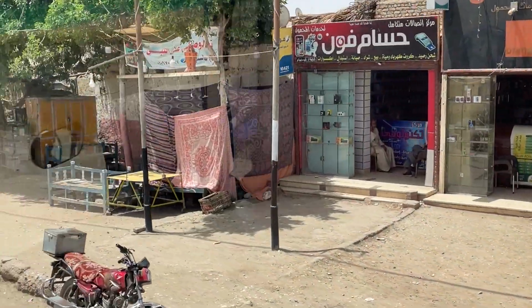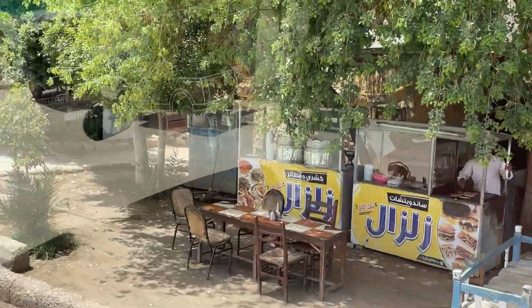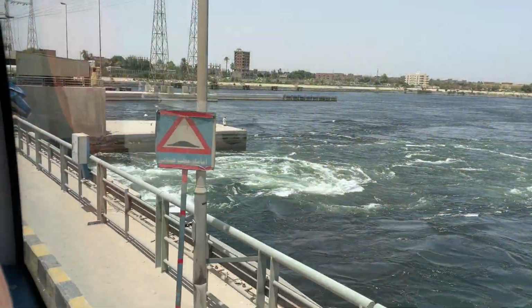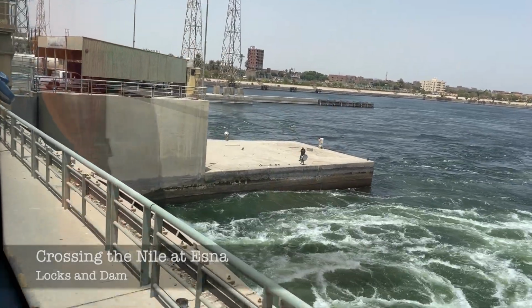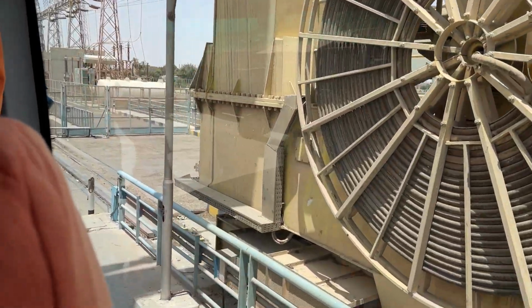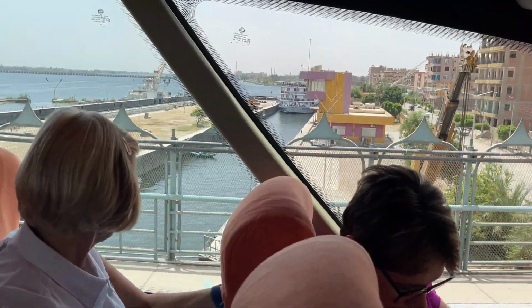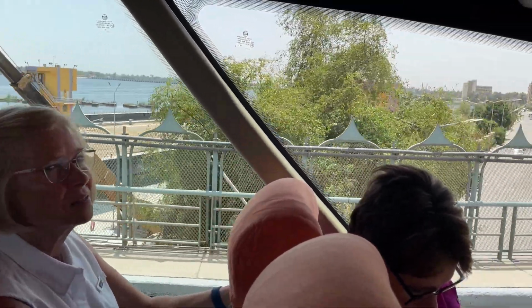On our yacht, very narrow, won't flush. They use toilet paper. And the waters of the Nile are higher than the waters of the Nile on your right hand side. So here they regulate the level of the water. Here can you see the men on their small boats? We call them the pirates of